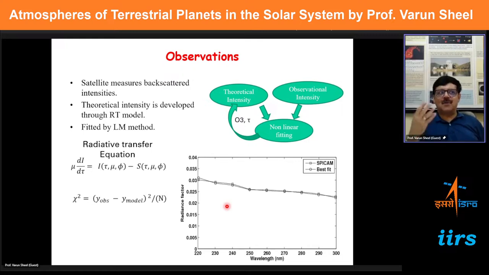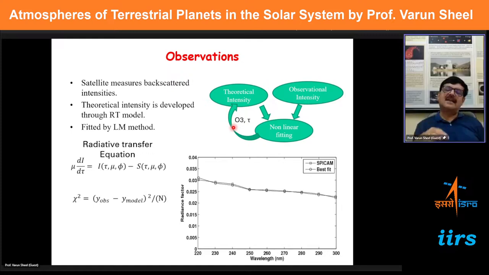And this is the most fascinating part of the whole study, that we have reached such a technology that even for a planet like Mars, where ozone is very small, very minor in quantity compared to Earth, we have been able to map the entire ozone. And this technology comes from a very simple principle: you are basically detecting the backscattered radiation from the planet, and that gives you an indication of the concentration of the species there.